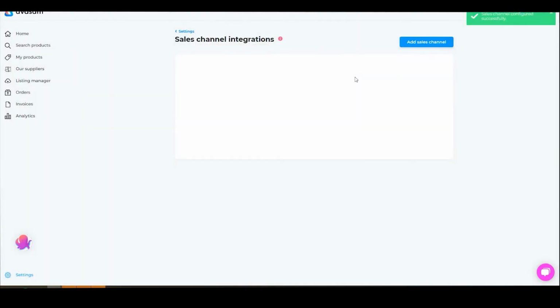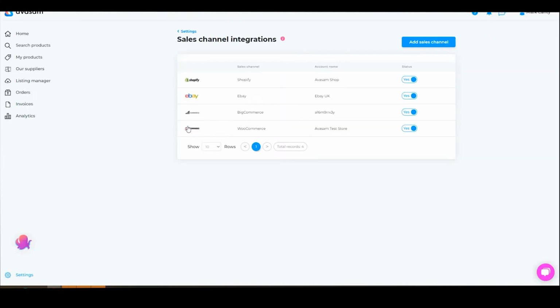The site will connect and hopefully you'll see this nice green message there with no errors. It will then refresh and show that the WooCommerce integration is in place. As long as it says yes there, it's active and we can download orders and update stock levels for things that are mapped. Now if you click on the title,